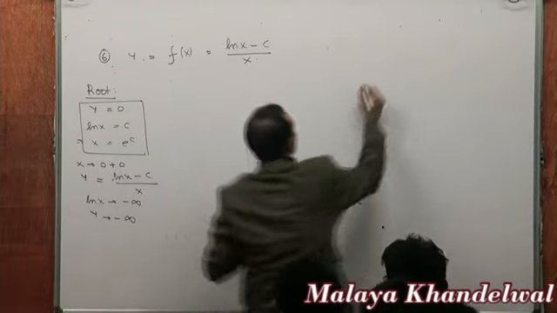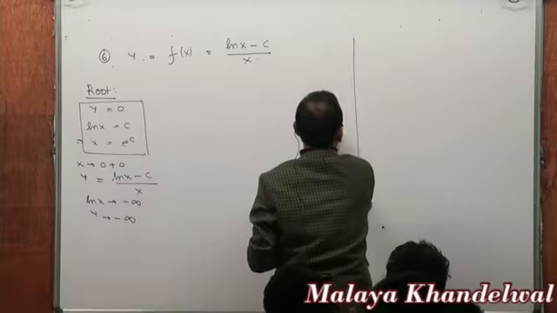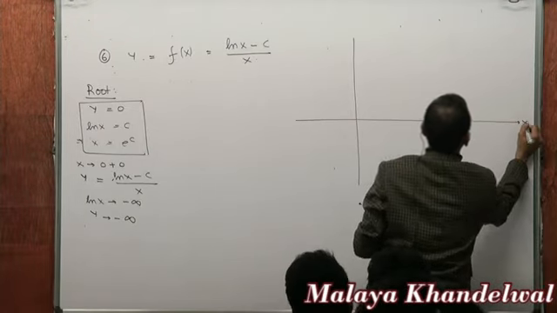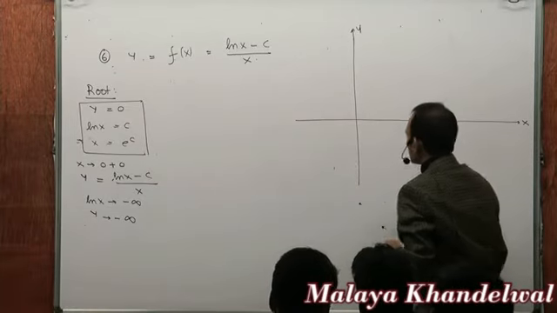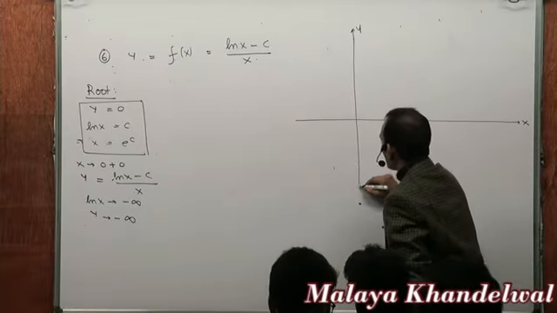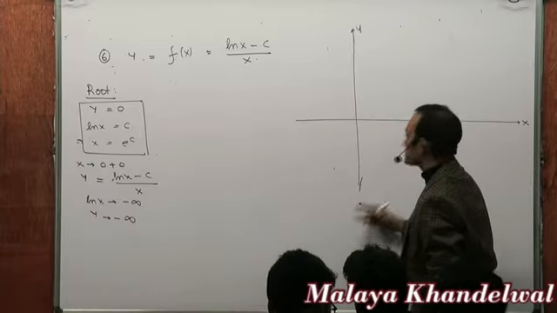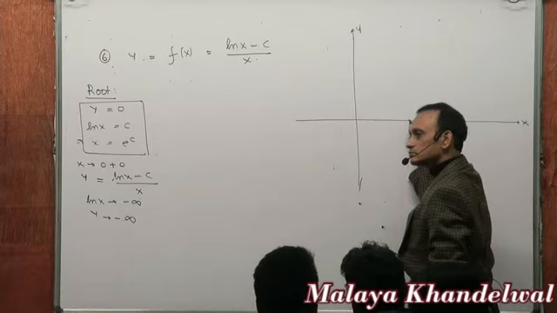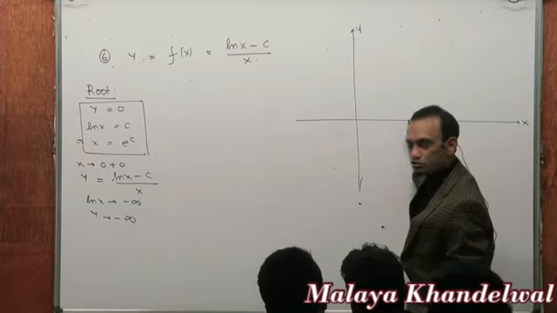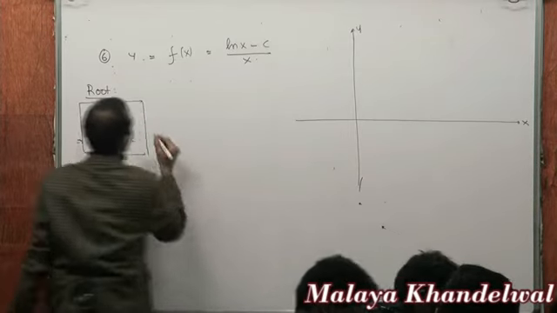Let's draw the graph in pieces. As x tends to 0, y tends to minus infinity. At x equal to e power c, we will see a root, x equal to e power c. Okay. Now,